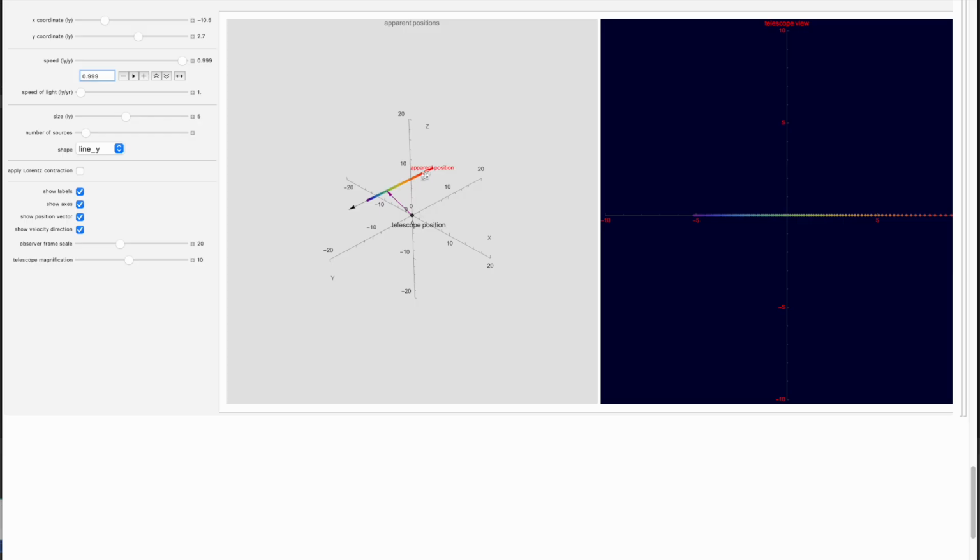So latency, for an approaching object, wants to elongate the appearance of the object, while Lorentz contraction always wants to make it shorter.